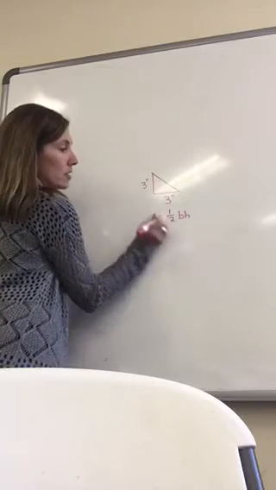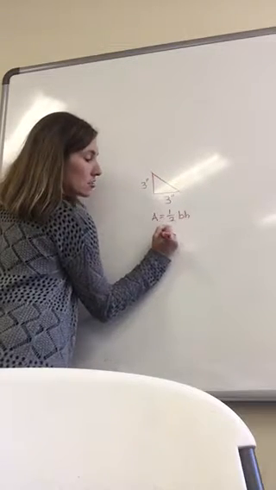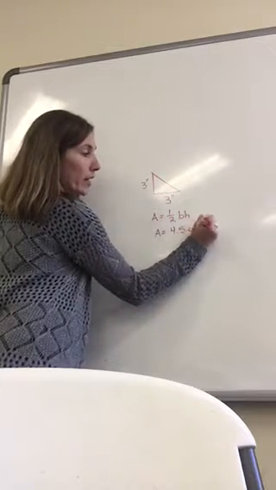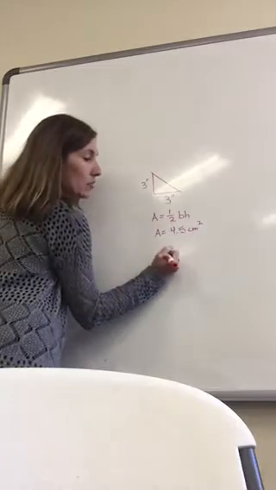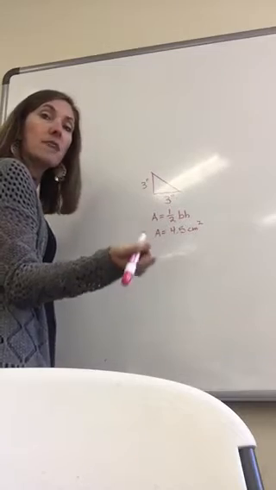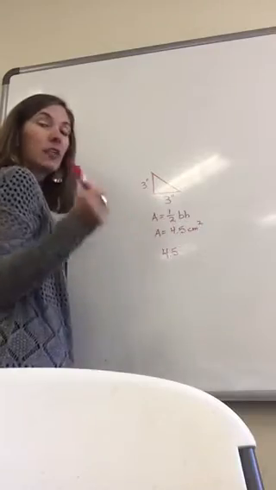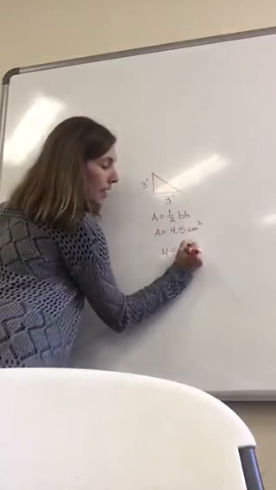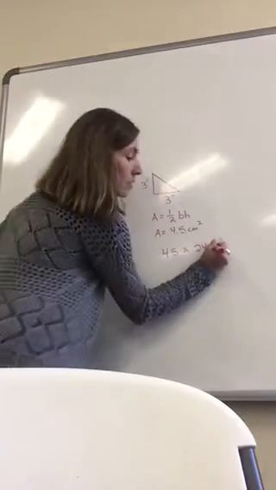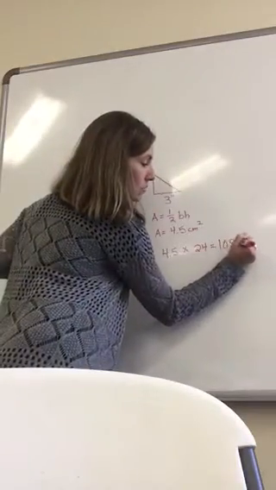Area equals base times height, 3 times 3 is 9. Now we've got to divide that by 2. So the area of each triangle is 4.5 centimeters squared. It was centimeters times centimeters. And now for the area of the whole quilt, or the area of fabric used to make the whole quilt, we've got to say 4.5 centimeters squared needed for every triangle, and multiply it by how many triangles? 24 triangles. And when we do the math on that, we get 108 inches squared,